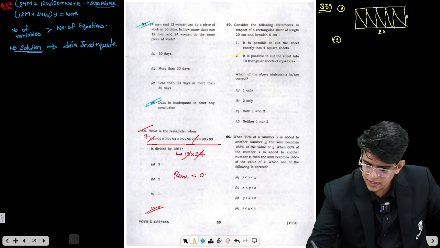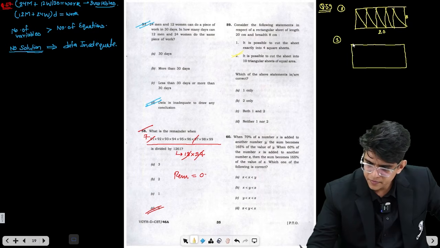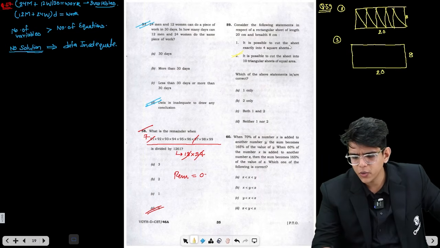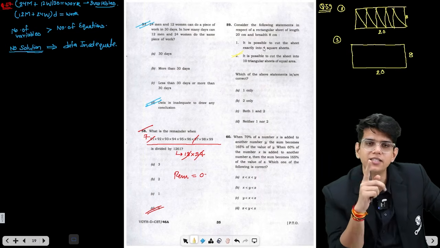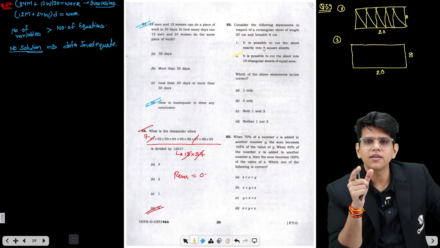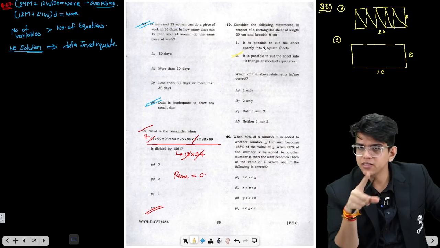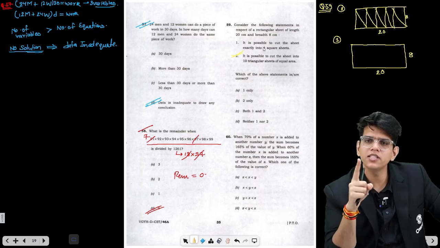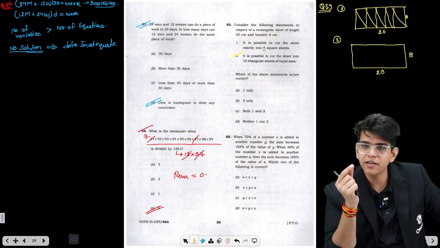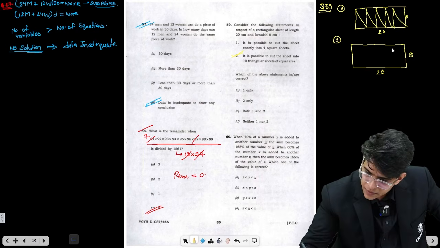Now comes statement 1. They have asked you, is it possible to cut the sheet exactly into square sheets? Where most of you make the mistake is you all try to form 4 squares of equal dimension. The statement is not saying that all these square sheets should be of equal dimension. The statement is saying if you can divide this into 4 square sheets. Actually you can. See,